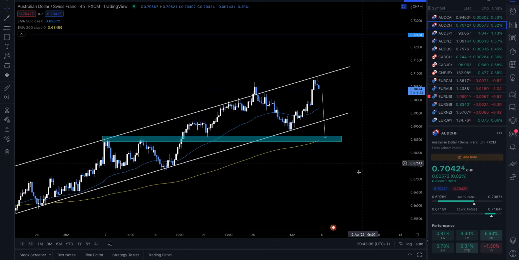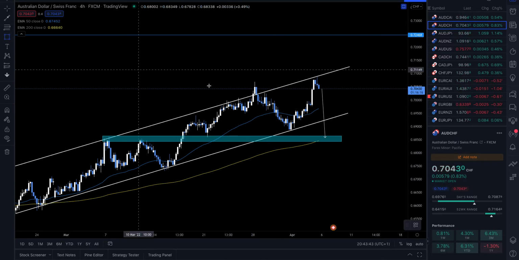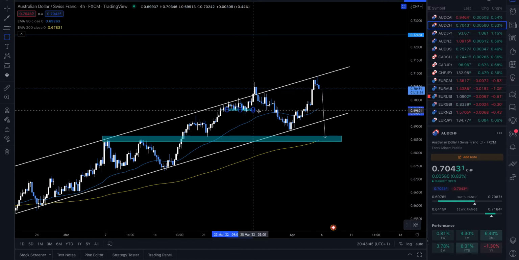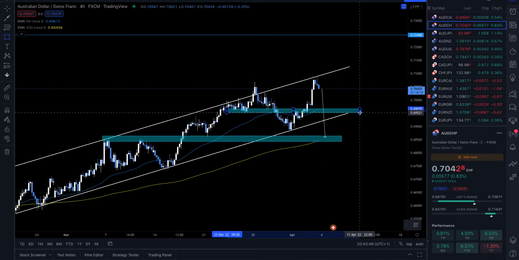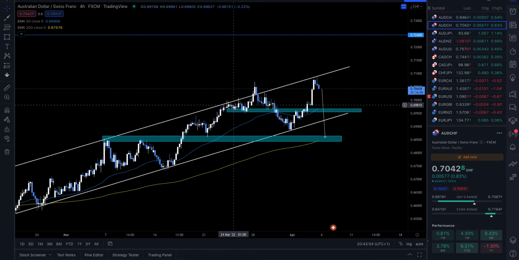So let's zoom in a little bit to see if we can find other sticking points on the chart. And straight away I can see this has been a bit of a sticking point for price. So we're going to take the box tool once again. We're going to link up all of these low points here, and we're going to drag it across the charts, something like this. So we can see that so many touches around the 24th and 23rd of March,